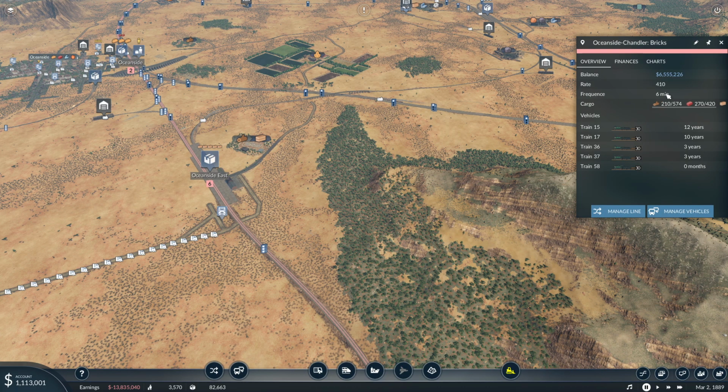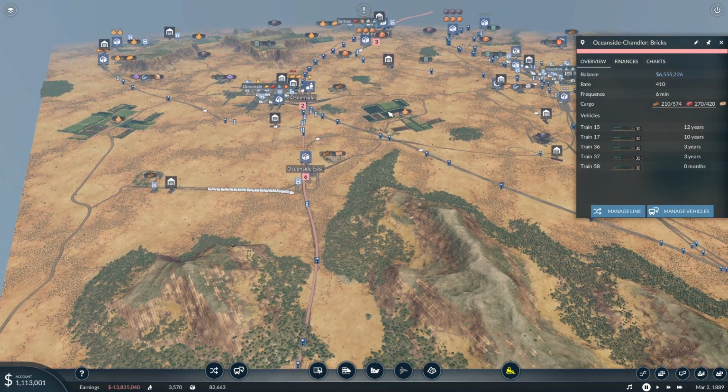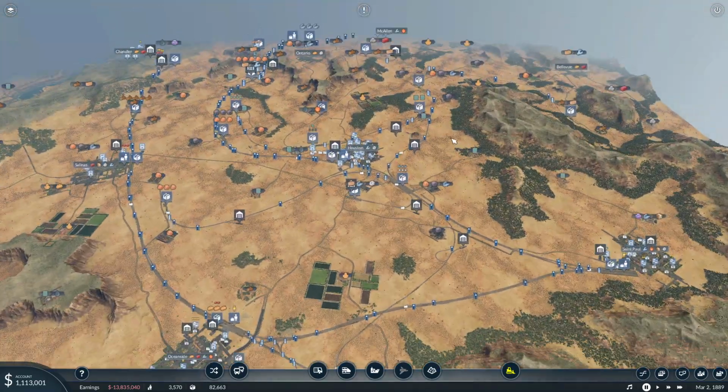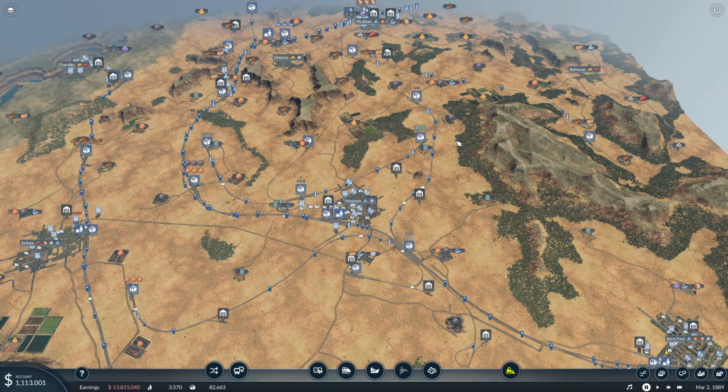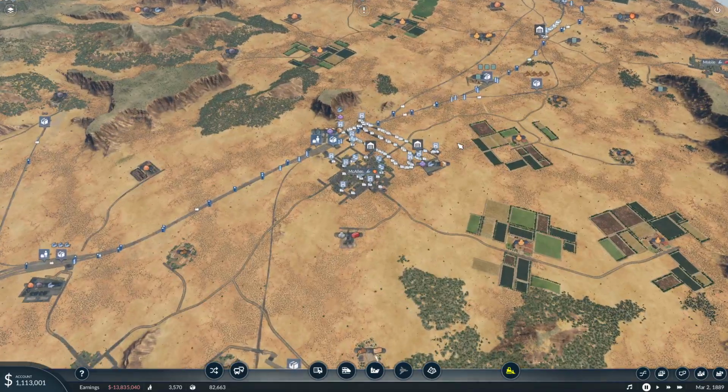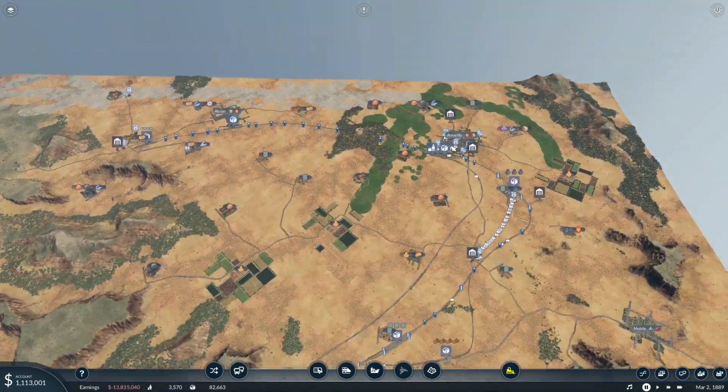Let's see how much. I have a rate of 410. This should be just fine. Did I do something else? No, not really. But I planned out and laid out my next expansion